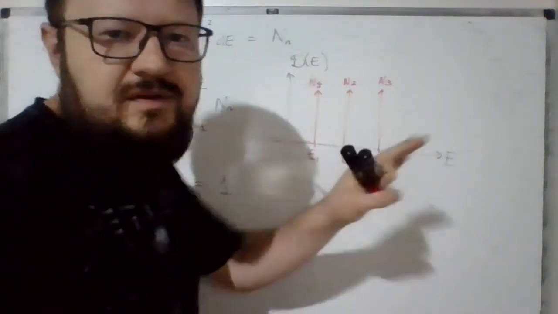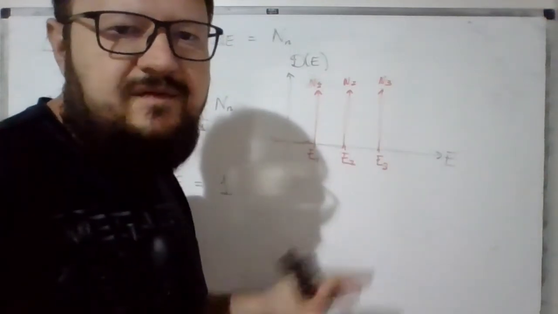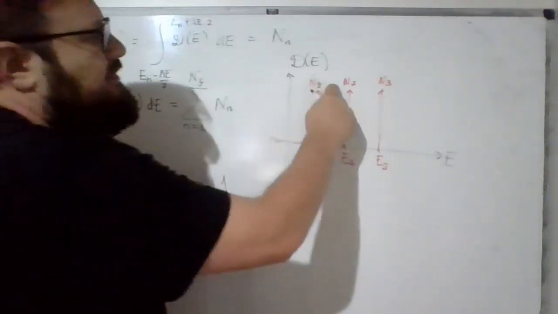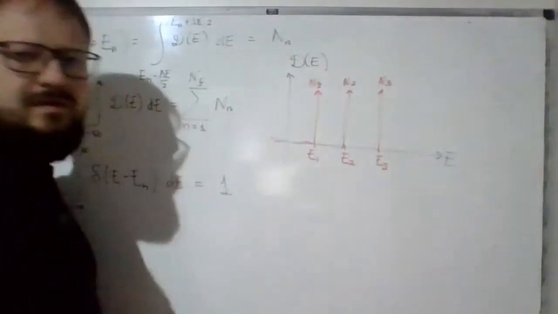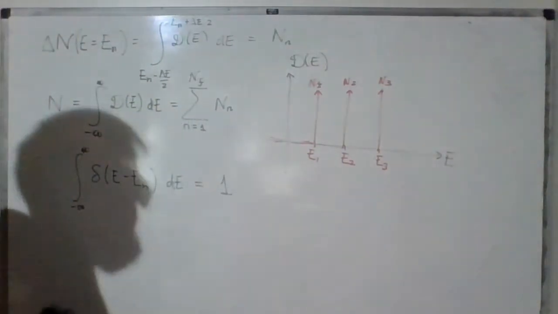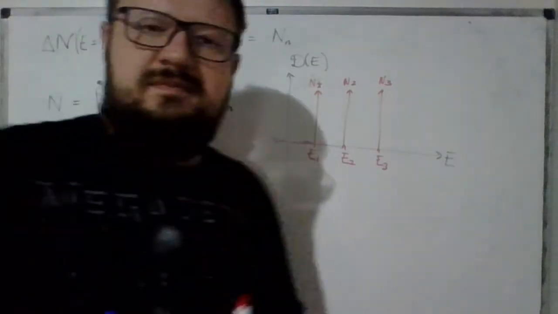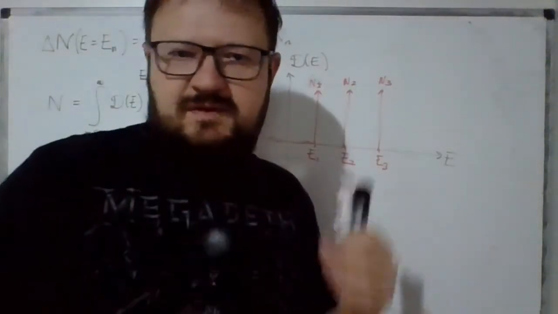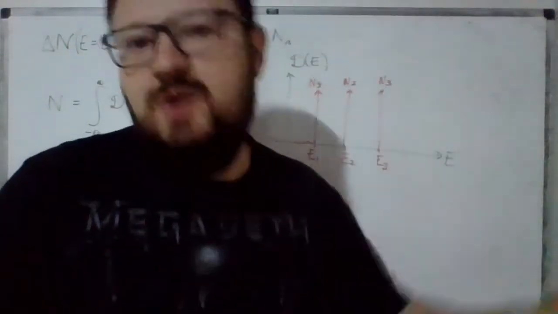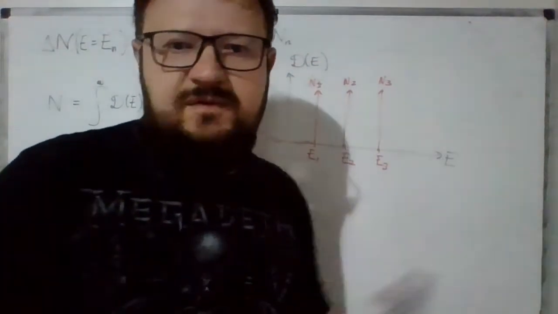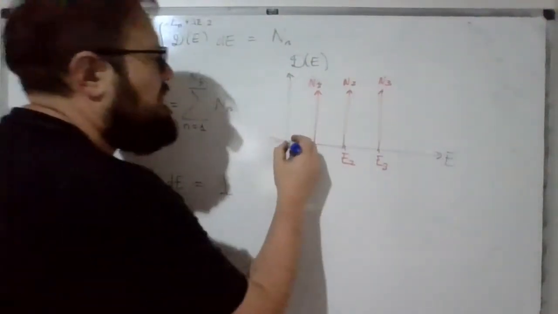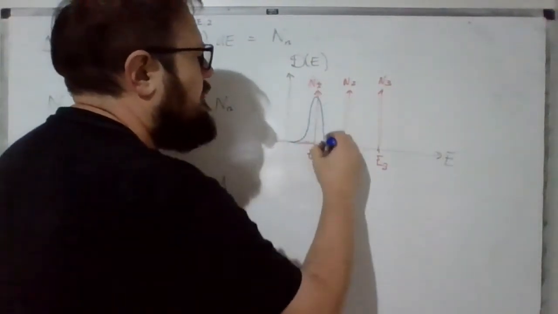For fermions with spin 1/2, it will be a factor of 2 at each level. But in practice, if you allow interactions of your supposed quantum dot with thermal fluctuations, this would resemble not a